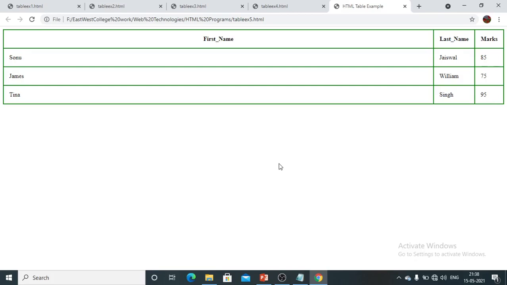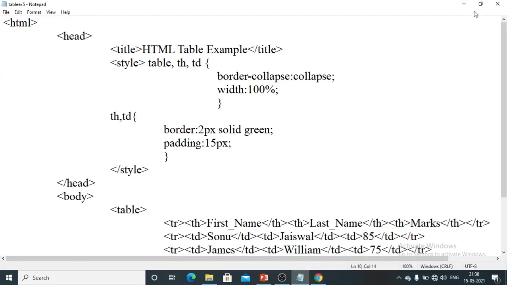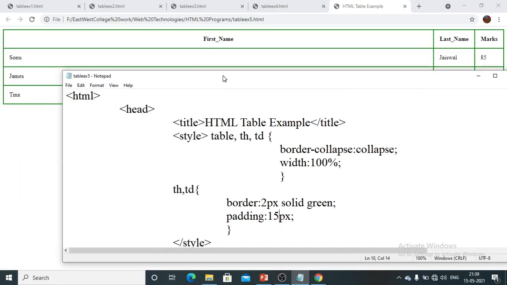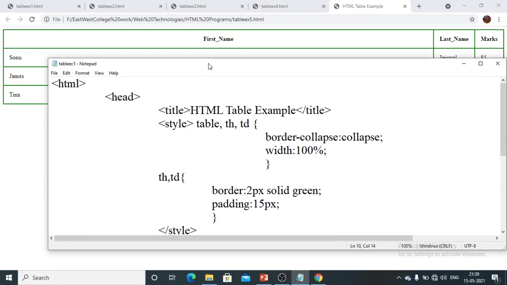Here we can make some corrections. What I can do is make some changes for the table particularly.